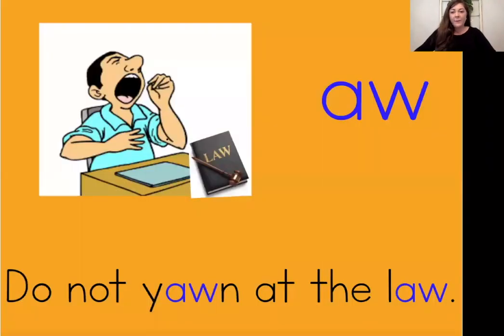The next pattern that we have is AW. Remember, our key word for AW is law. In the picture, you can see a boy who is yawning at a law book. You can hear the ah sound in the word yawn. Unlike the word law, where you hear the ah sound at the end, you can hear the ah sound in the middle of the word yawn. This reminds us that AW can be used to spell the ah sound at the beginning, middle, or at the